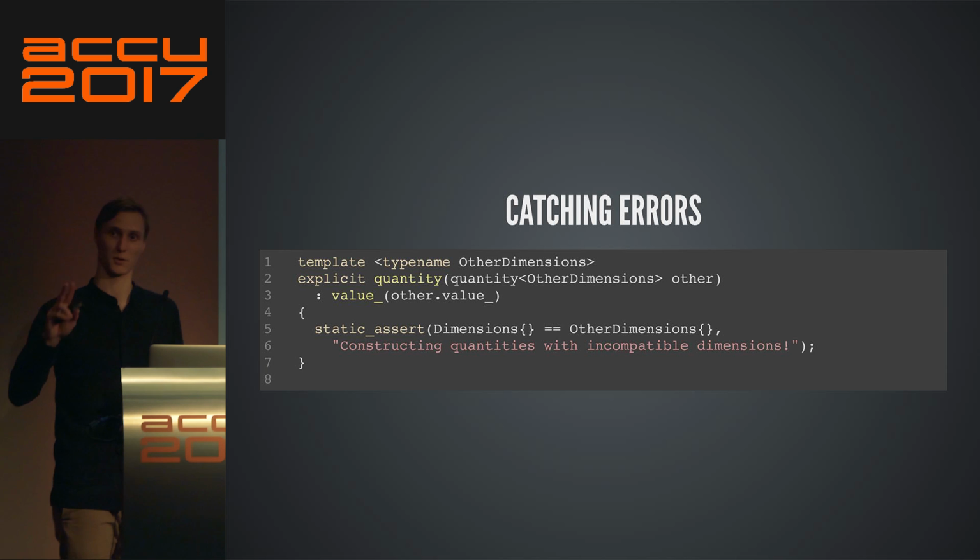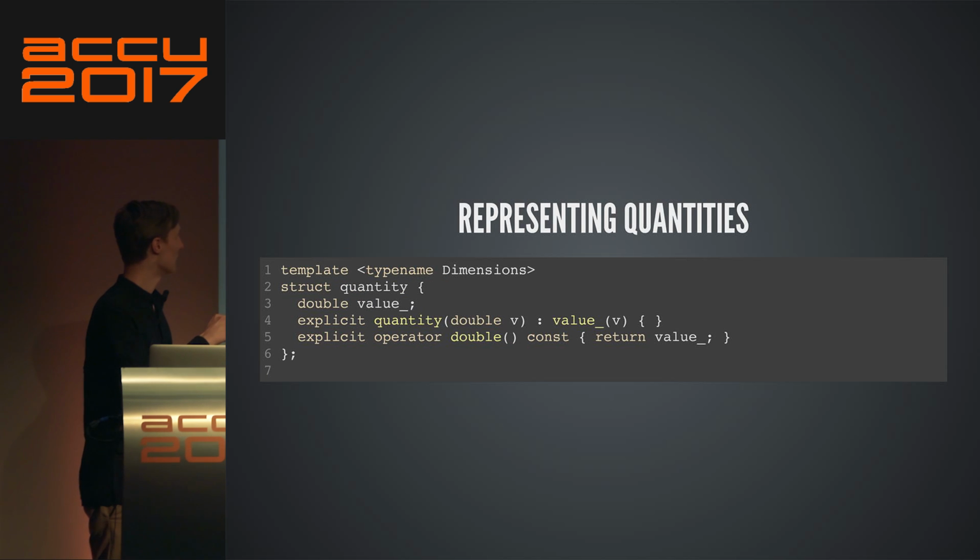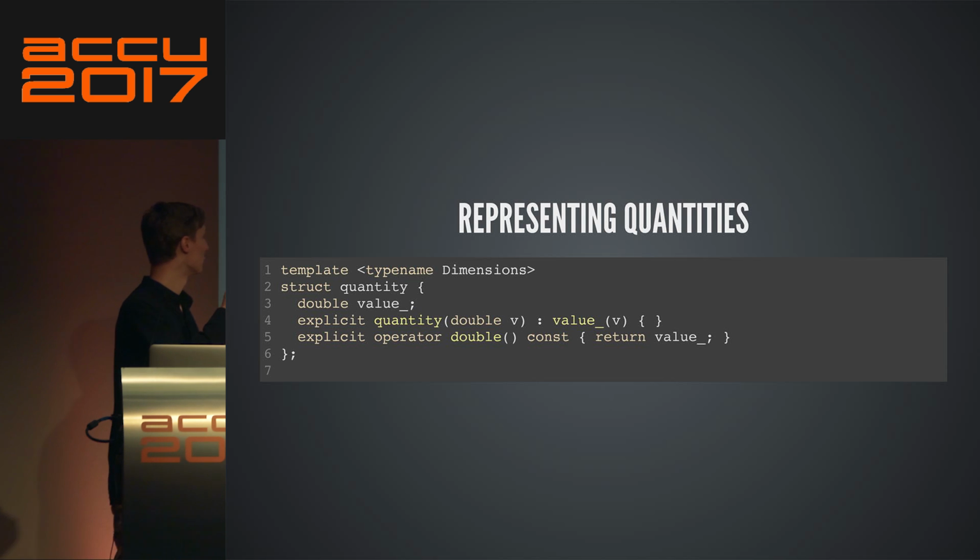That's one thing. No, so what he's saying is you could just have provided a non-template constructor which takes a quantity of dimensions.